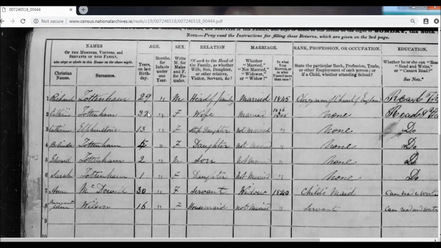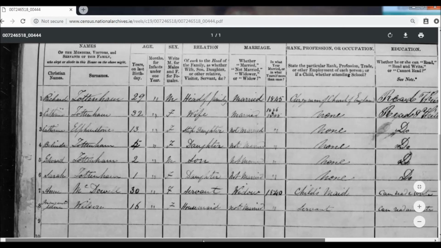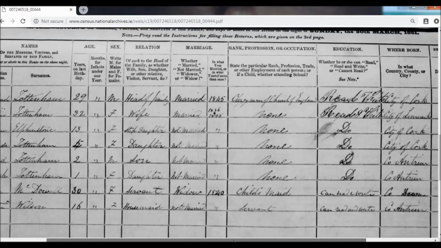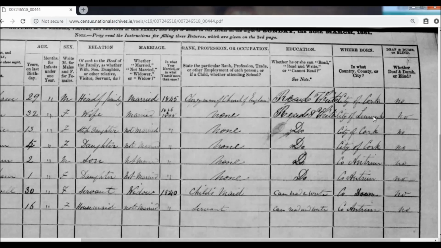So Catherine Totham, she was 32 at the time, wife, she was married. She had been married twice, first in, it looks like 1836 and again in 1845, which would be very useful information to have. And she was from the city of Limerick. Okay,